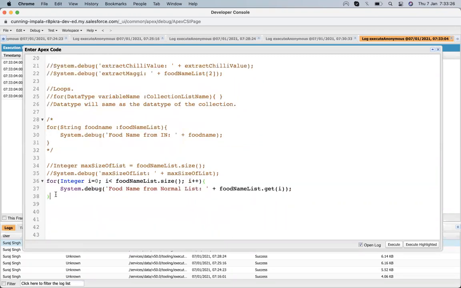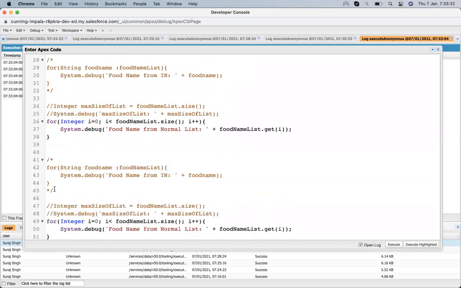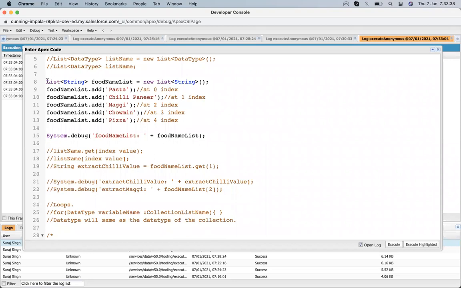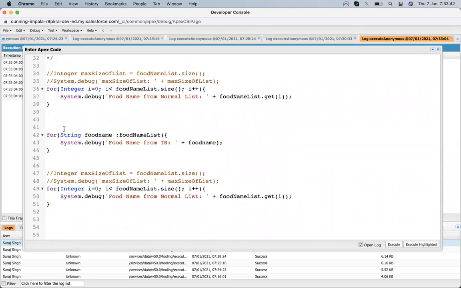Let's do another example. Food name list temp.